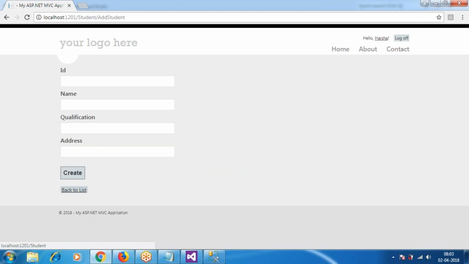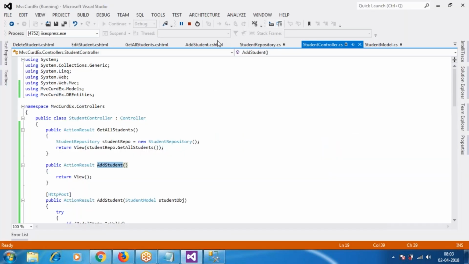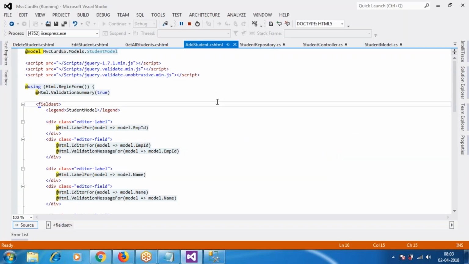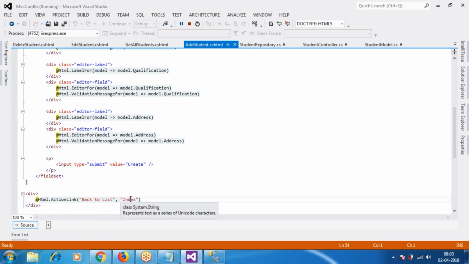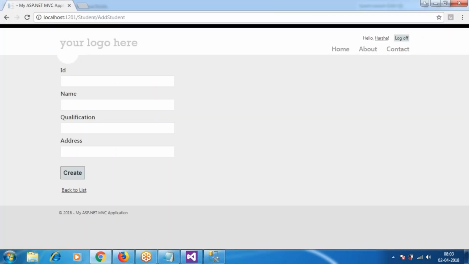So this is a back to list option, right? In add student, we have an option called back to list. Go to this one. It will hit that place. I want to change this action to get all students. If we click on back to list, we'll go to the get all students action. So now